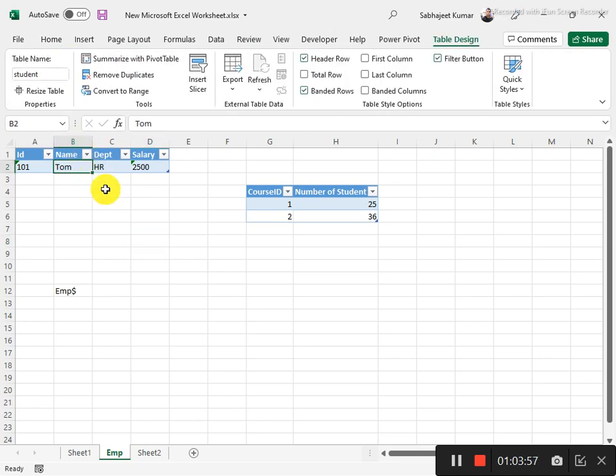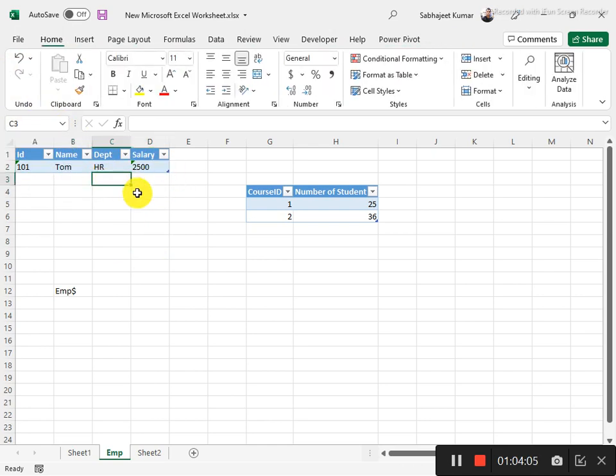If you call it by student, then it means this table. You can also check it here: the student table is this. If you have not given any table name, then by default it will be called by its sheet name.